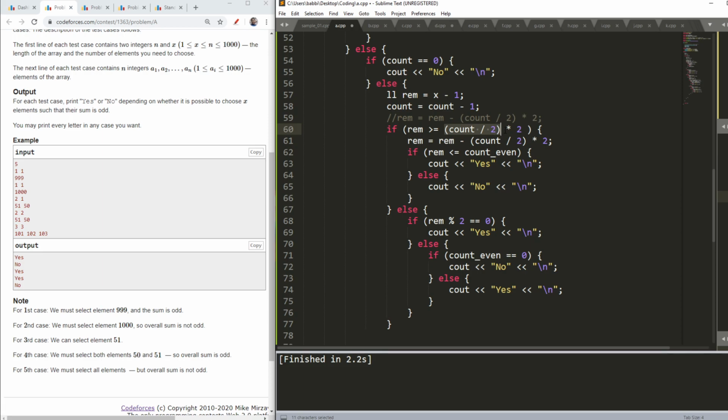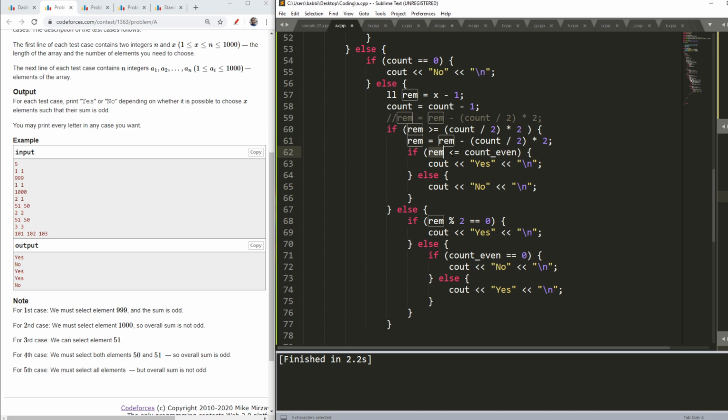So if I place my odd numbers in pairs, the first thing I will check is whether my remaining number, as I showed you, is more than the number of odd numbers divided by 2, multiplied by 2. I do it like this because it gives the floor value: 7 divided by 2 is 3, and 6 divided by 2 is also 3. So basically I need the whole number of pairs. So I will take the remaining minus the number of odd values which I have utilized up till now.